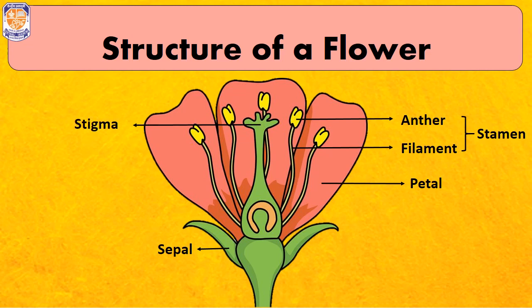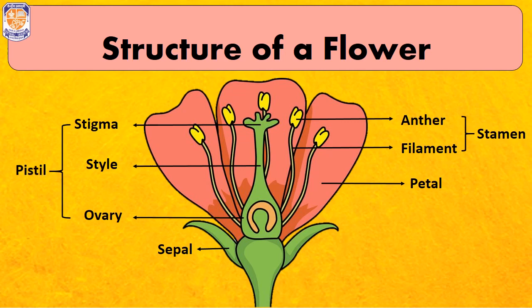Now coming on to the next part, this green colored portion is known as the stigma. The top portion is known as stigma. The central portion, which is a tube like structure, is known as the style, and the style connects to the ovary. So all these 3 things, from style, stigma to ovary, they comprise pistil. So this entire central structure is known as the pistil, and pistils are the female reproductive part of a flower.